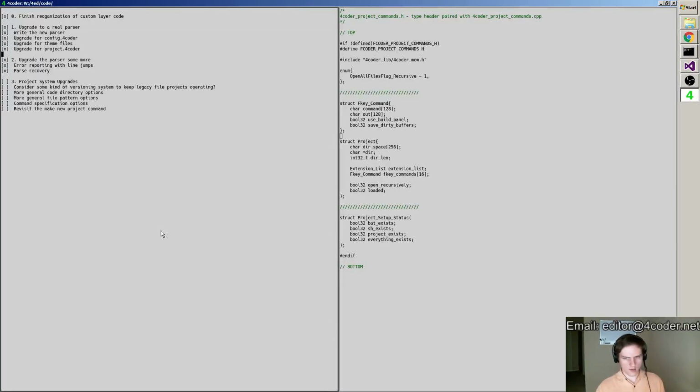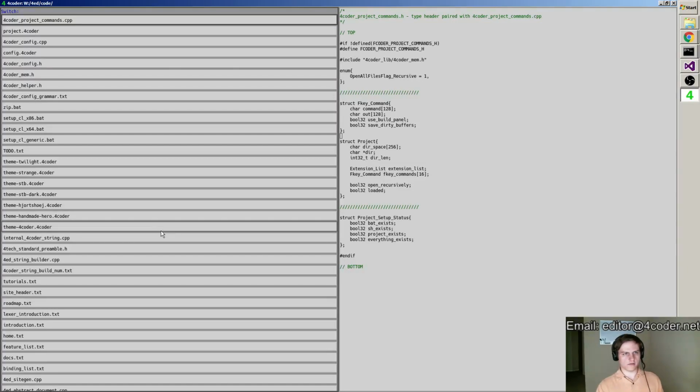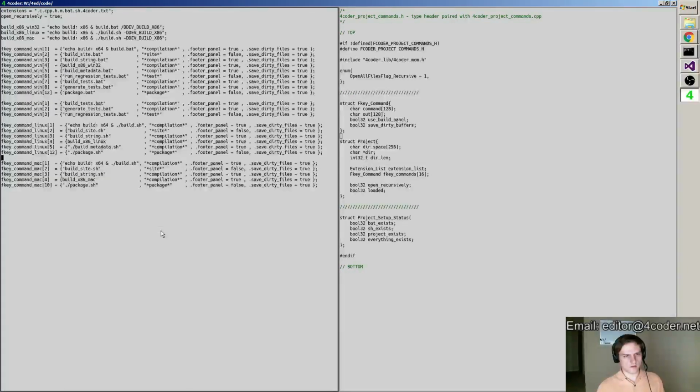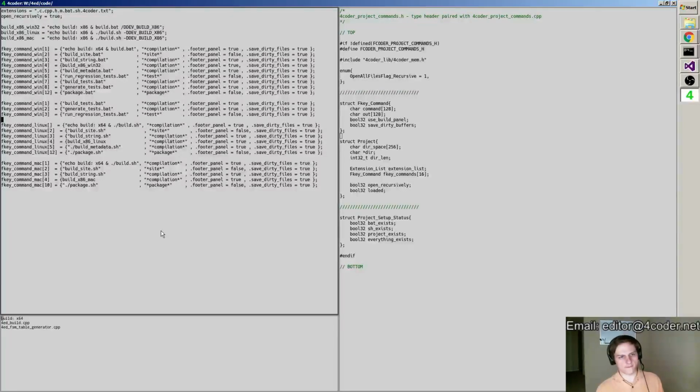Let's add a parse error to that real quick. So let's suppose it's going along and it finds that I've accidentally done this. I didn't need to rebuild, darn it.